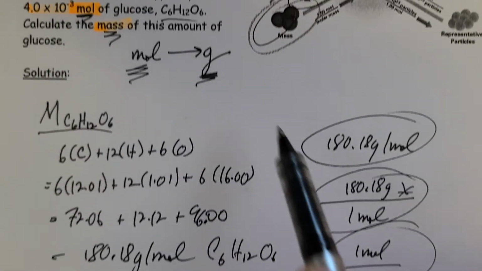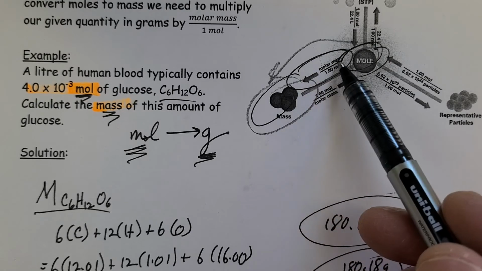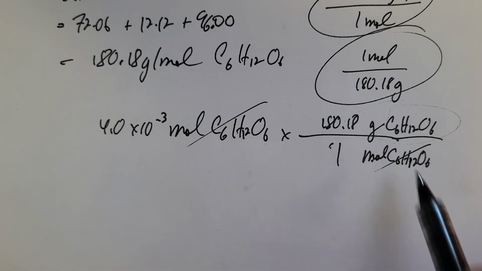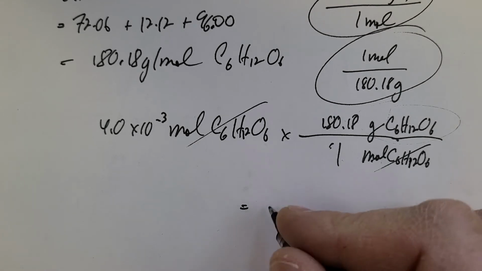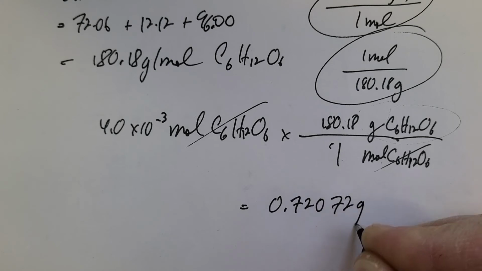And of course, the foolproof method, just simply looking at the blue sheet here, and you can see it's the same thing, molar mass over 1 mole. So that cancels. If we multiply that all out, we end up with 0.72072 grams of